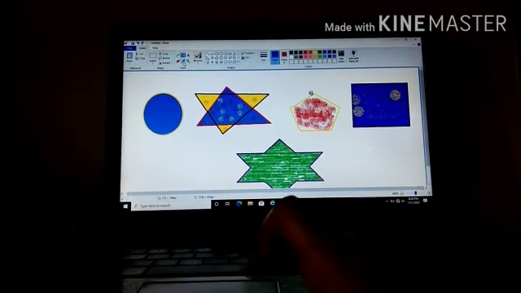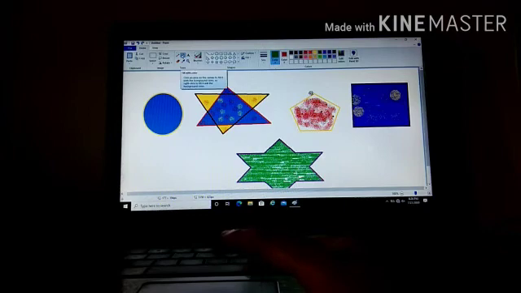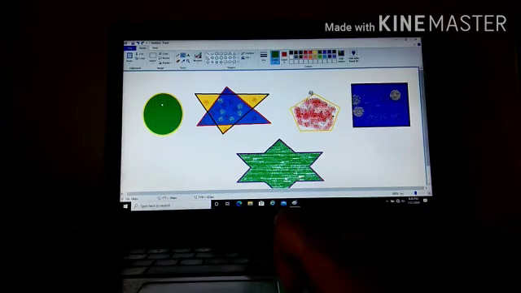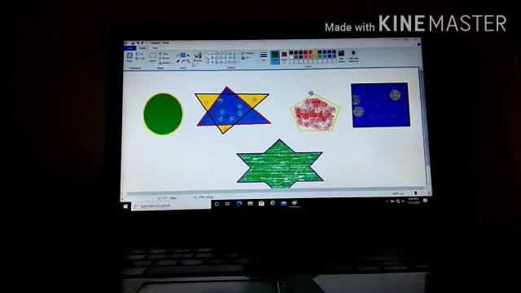I'll select the color picker, sorry, then select any color which you want. Right now I'll select this one, green. Then again go to your fill with color option and click. Yes, did you get it? That is how to change the colors using the color picker tool. Any problem in this? If you have any doubt in this, you can ask in the group.